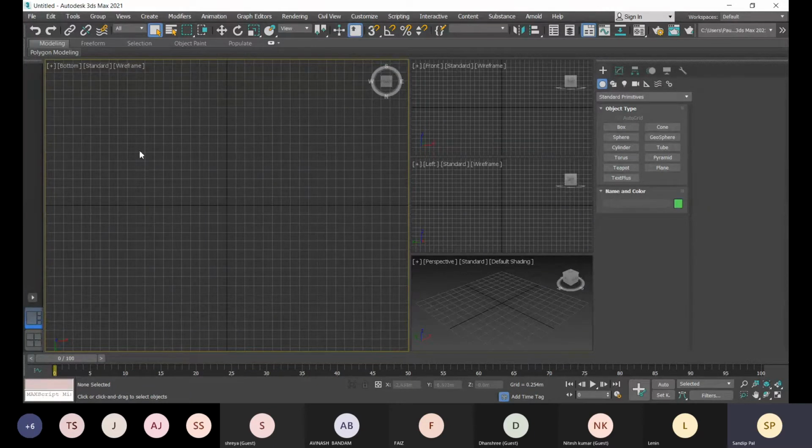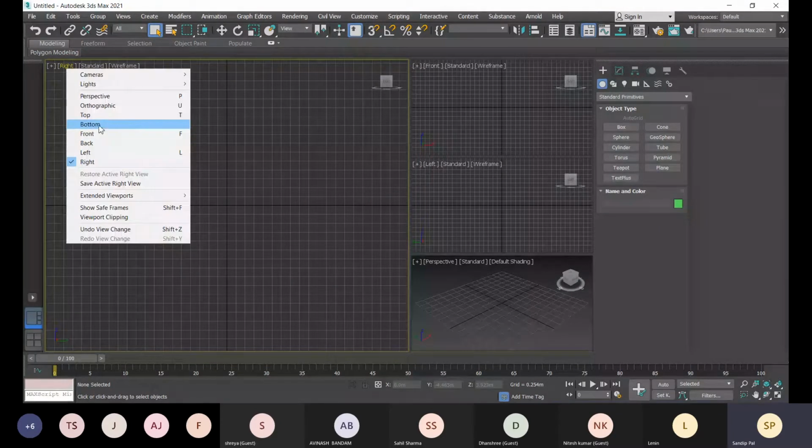Okay, and same like that, if you want to choose right... Excuse me, sir. Yes, go on. Sir, these are the predefined commands. Yes, predefined keyboard shortcuts. Okay, sir. Yes. Okay. So if you want to switch to right view, for that VR is the shortcut. So here you got this.